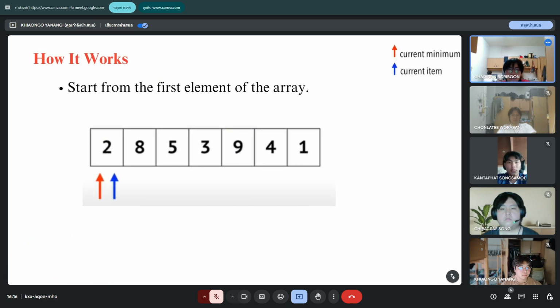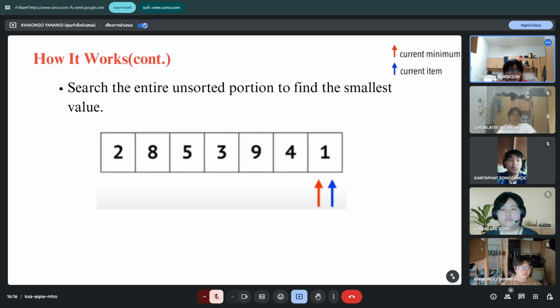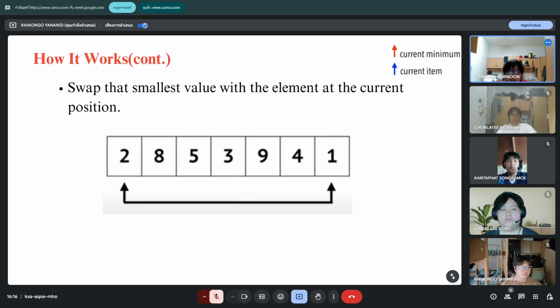Let's look at how it works step by step. Start from the first element of the array. Search the entire unsorted portion to find the smallest value. Swap that smallest value with the element at the current position.